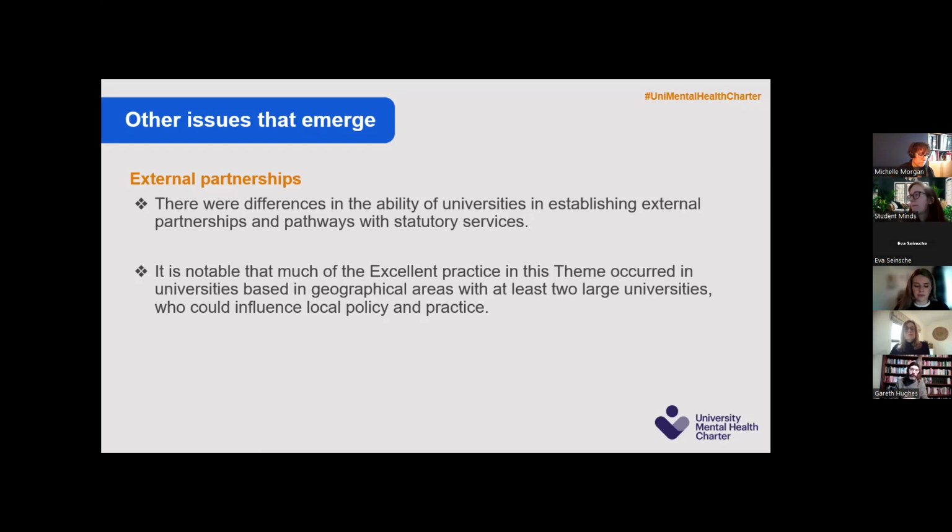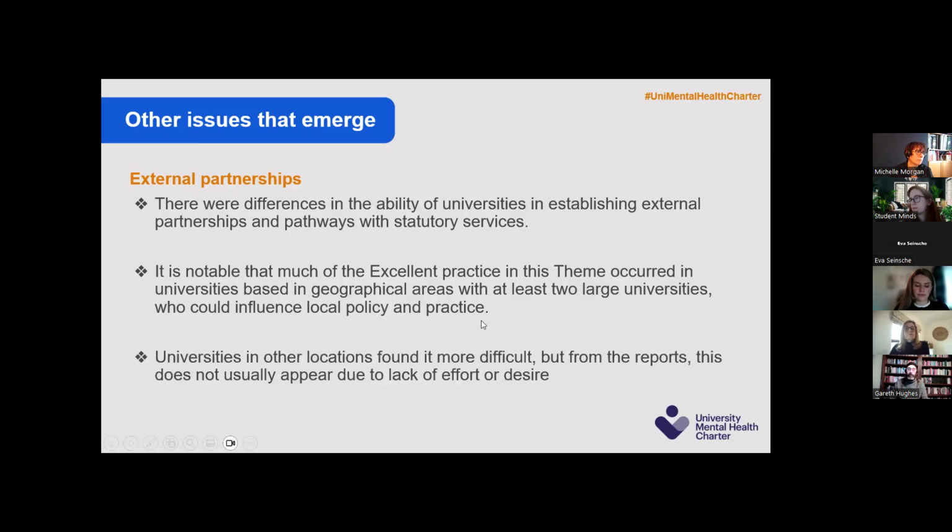It's much harder if you're a small independent university, a small specialist of like a few hundred students, to actually get the NHS to engage in the same way. Or if you're in London, the London universities are definitely finding this harder. So there's a pattern here that suggests that what works in some places is clearly not going to work in other places, and we need to have that in mind when we're evaluating all of this. And it doesn't appear to be from lack of effort and desire. Lots of those universities who were struggling to get engagement could point to lots of things they were trying to do, but not necessarily working.